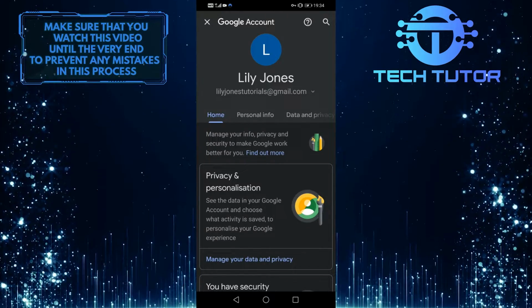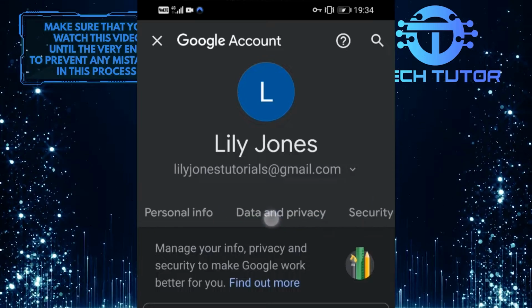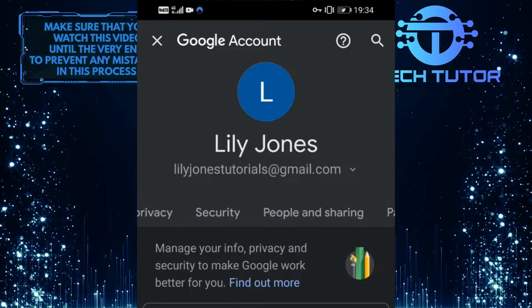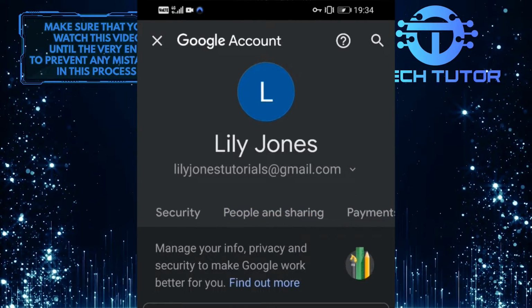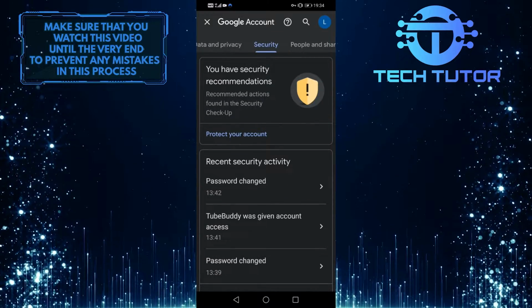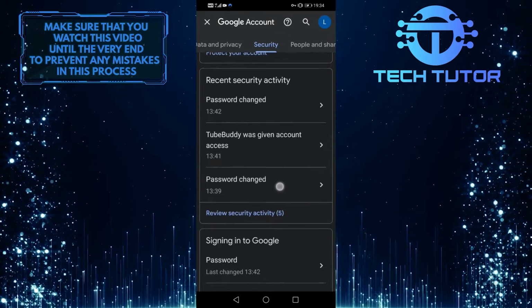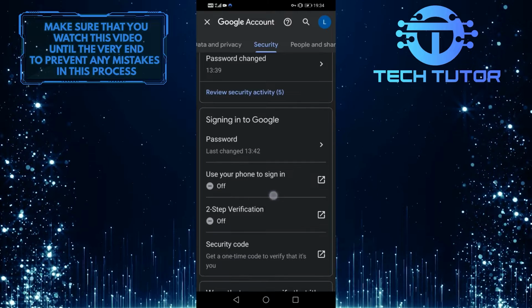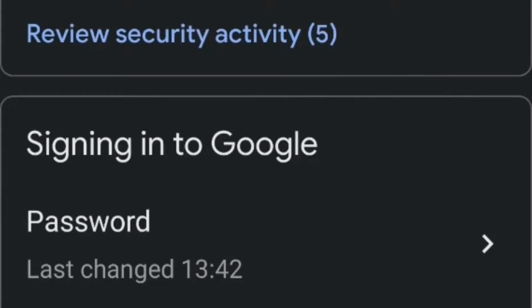So when you are on this screen, what you want to do next is swipe through these options at the top and then tap on Security. Once you are on the Security tab, scroll down and below the Signing into Google section. The first option is called Password. So if you want to change your Gmail password, simply tap on it